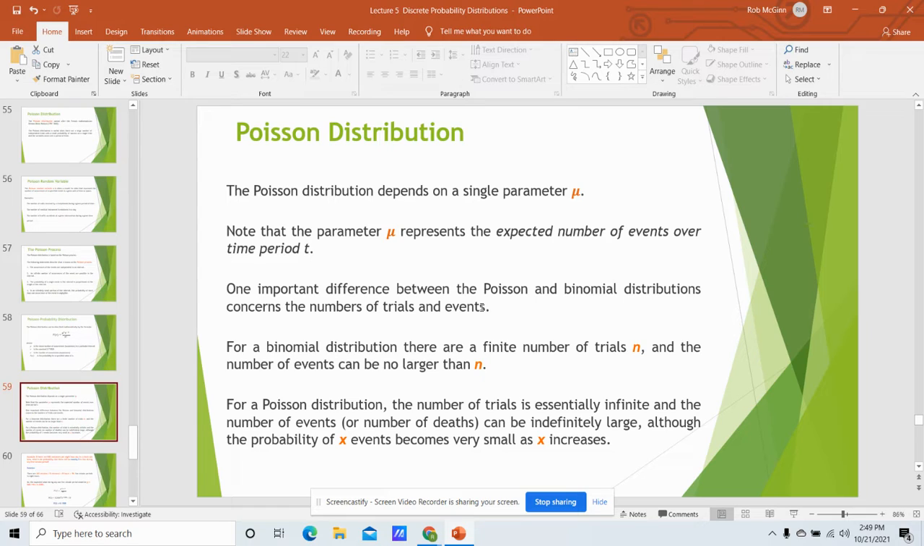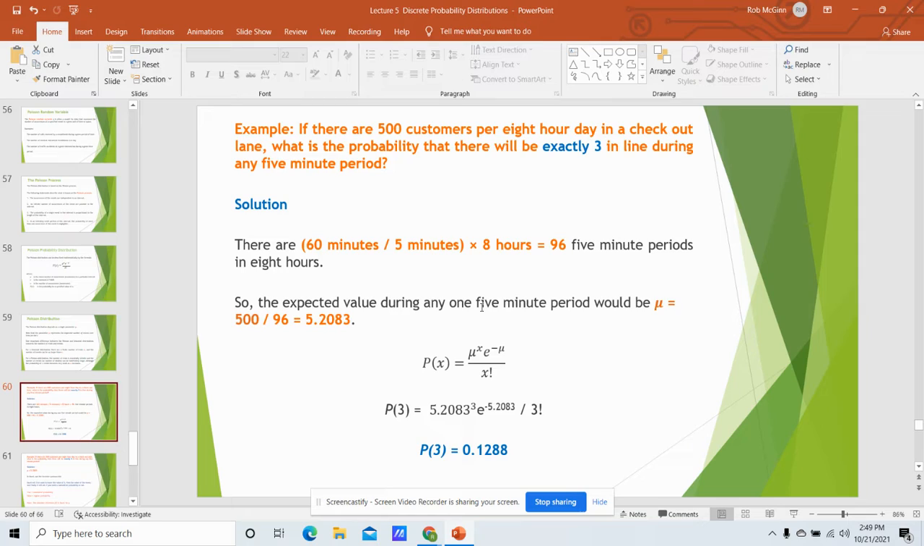So let's take a look at a question. If there are 500 customers per 8-hour day in a checkout lane, what is the probability that there will be exactly 3 in line during any 5-minute period? All right, so there's a couple things. For the Poisson distribution, we need to know the expected number of occurrences, or the average number of occurrences over a time period. And here they give us